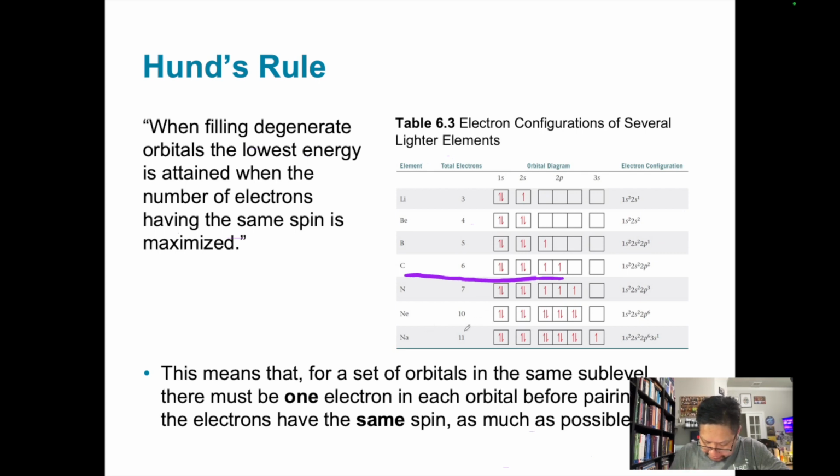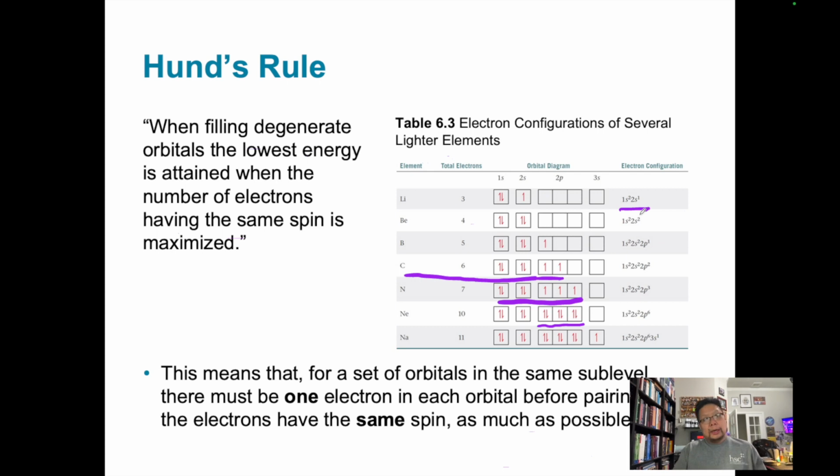I guess they skipped from nitrogen to, that's kind of sad. They skipped oxygen and fluorine and all those, but that's okay. So notice how we fill up all these first, those 3 p orbitals, one at a time, before we come back and start filling in the p orbitals with 2. And the thing I want you to notice here is that this is the electron configuration